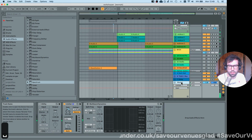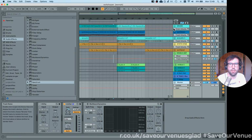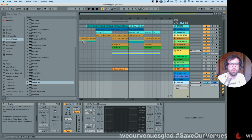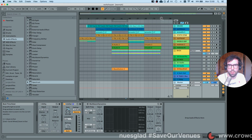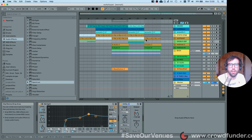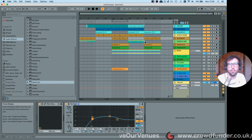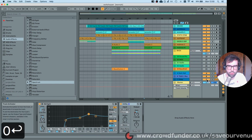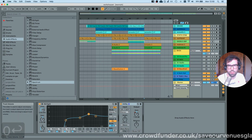But I don't know if this is a perfect mix. Certainly, what I would do if this was something that I was mixing is I would save it. Possibly I would also export it. Another thing to mention, just in case people hadn't noticed, you can also automate stuff on the master track. So, for instance, if I decided I wanted to